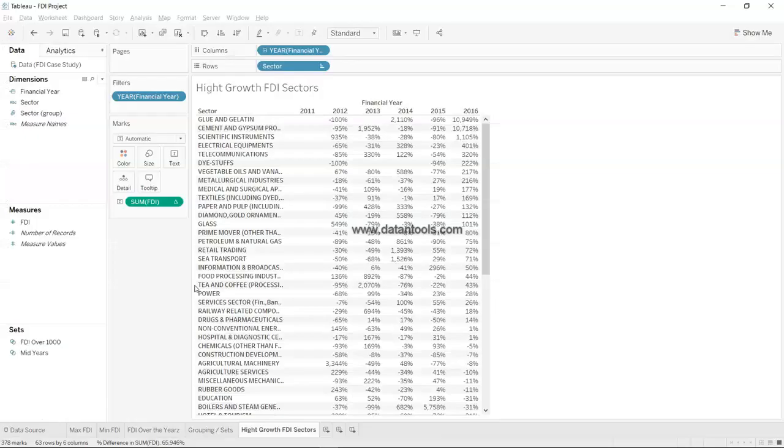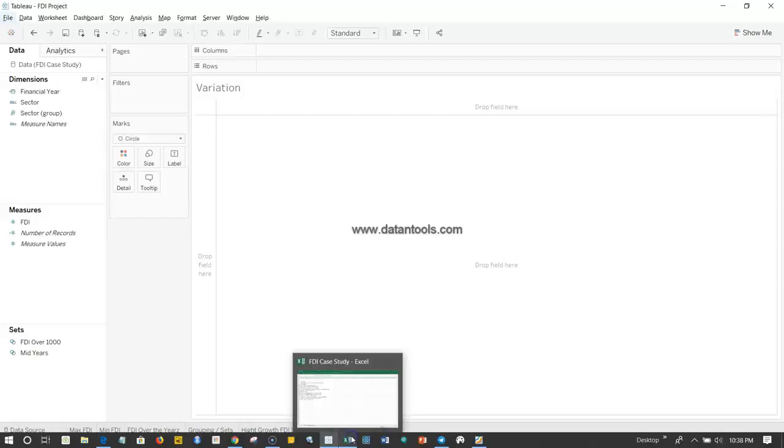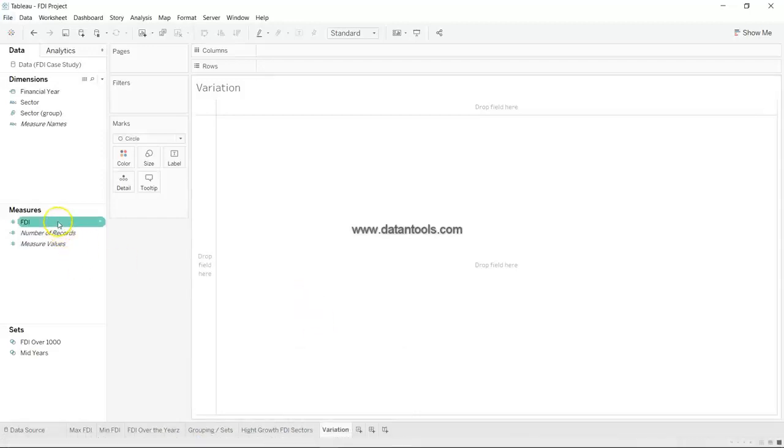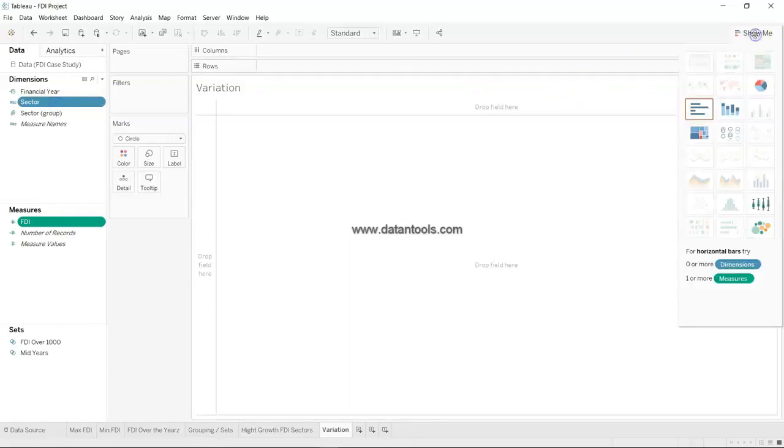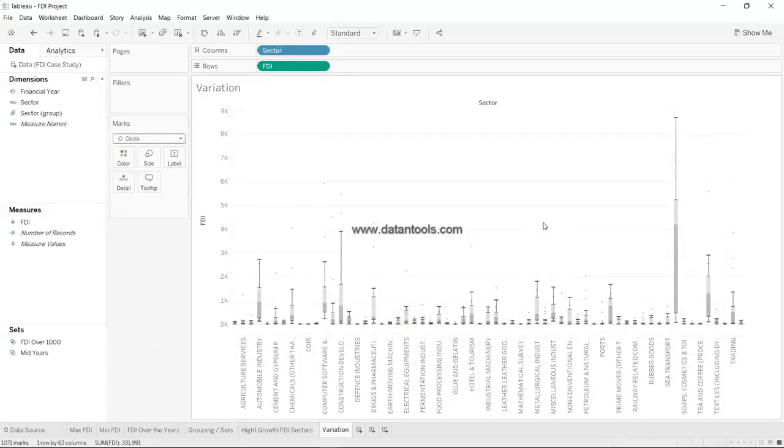Very interesting question. To do that, I will just give it a name as variation. Alright, so what we need to do is click on FDI and the sector, and over here in the Show Me, to show the variation, one of my favorite charts is the box and whisker plot. Once I click over there, you can see that this is how the value is coming. Sometimes there may be a scenario where you are getting one single